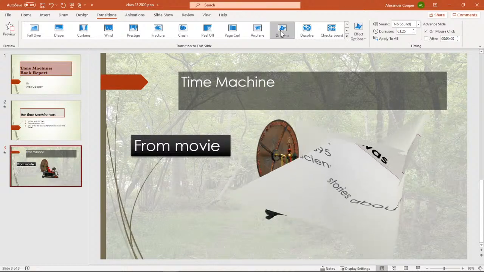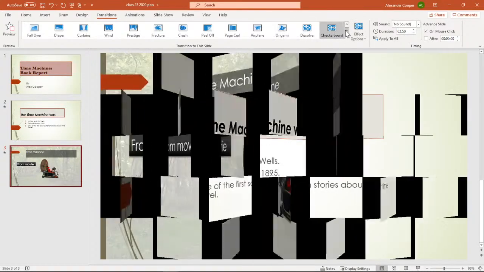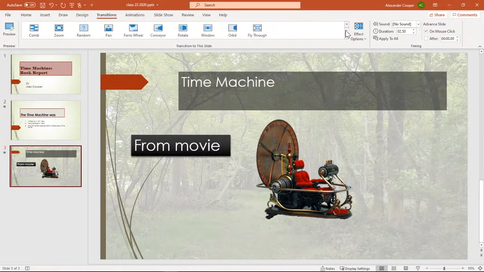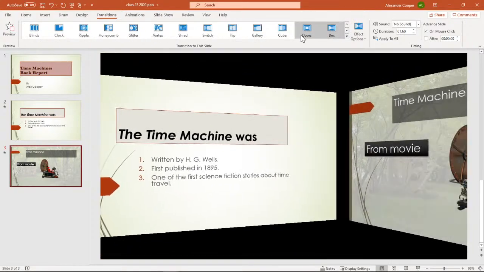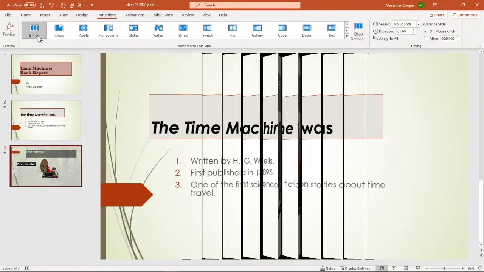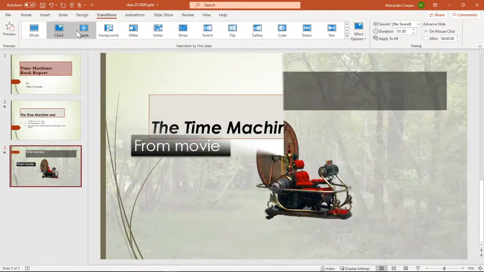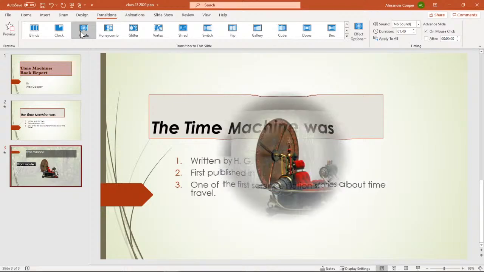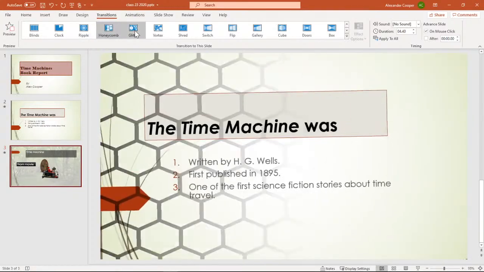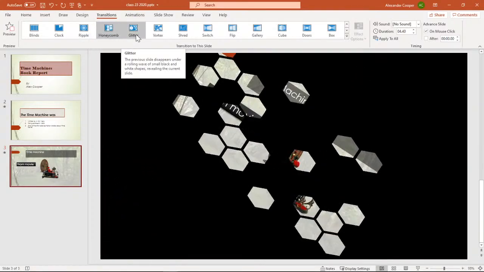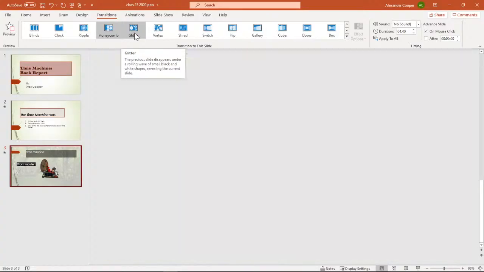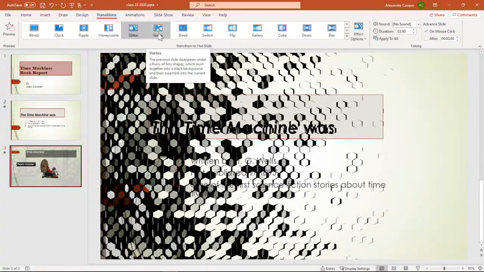Origami. Dissolve, and then we just kind of have some classic ones that you'll see. Just fading from one thing to another. Just trying to have something interesting. Like I said, I wouldn't do it too much. But when you do it, make it interesting.